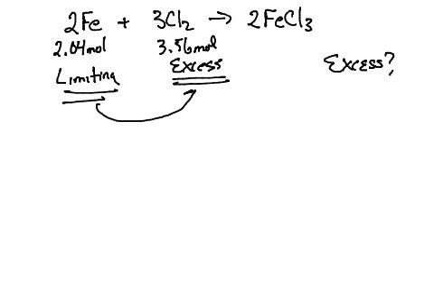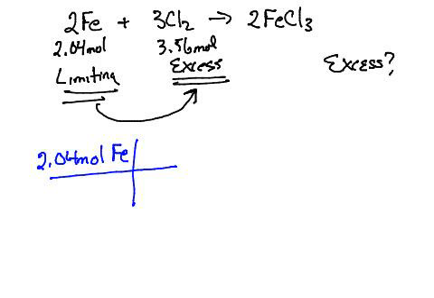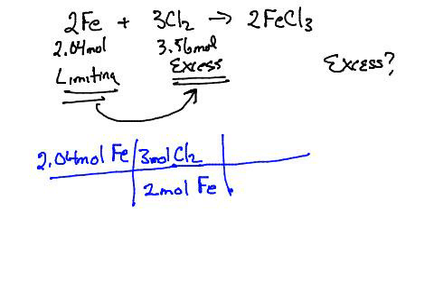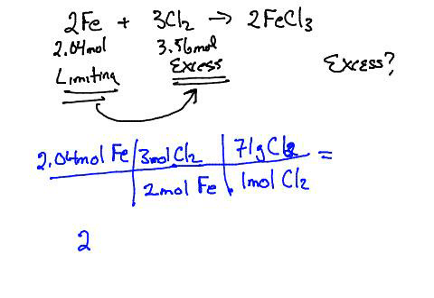Now, we need to figure out how much excess is left over, so we're going to start with our limiting reactant. Again, 2.04 moles of Fe. Now, it's moles, not grams, so we get to save a step. That's a beautiful thing. Now, let's figure out how many moles of Cl2 would have reacted with that. So let's just do a mole-to-mole ratio. That would be 2 moles of Fe, from the coefficients in the balanced equation, is 3 moles of Cl2. And since it probably asks for grams, we're going to go one more step and go all the way to the grams of the chlorine and then subtract from the number we had. Then we'll say 1 mole of chlorine is equal to 71 grams of chlorine, molar mass, Cl2. And you come up with 217.